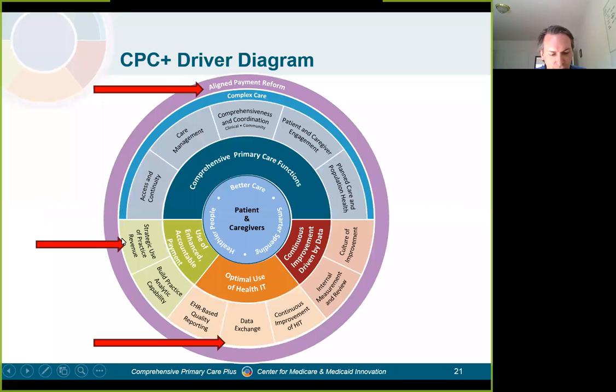Finally, I thought I'd talk a little bit about payer engagement to this point. And I should note that in many respects, our activities on payer engagement have paralleled the activities of the larger regional learning network, in the sense that there was a slow ramp up and now a period of really pretty intense activity to try to drive engagement with our payer partners across all the CPC Plus regions. I wanted to start with the CPC Plus driver diagram, in part because I think payer engagement really